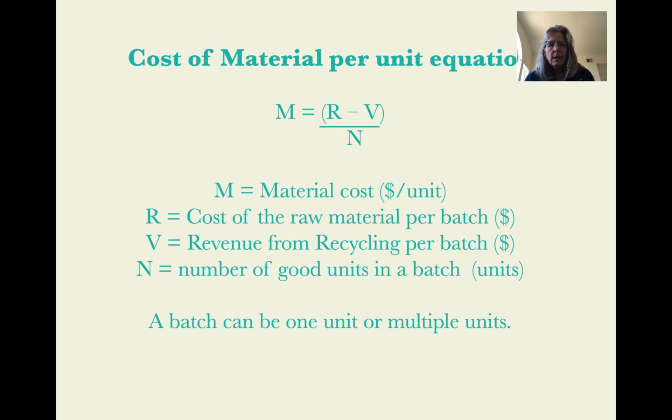So the basic equation that we use is this equation. M, which is the per unit cost of materials, is equal to R minus V, where R is the cost of raw materials, V is the revenue from recycling, and then you divide that by N, which is the number of good units in a batch. And a batch can be defined many different ways. I have another video where the definition of a batch is a little bit different, but in this video, we're